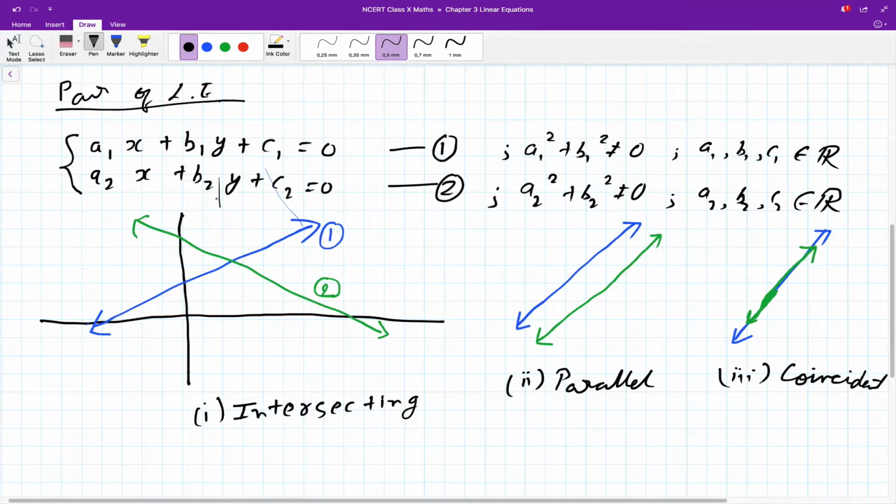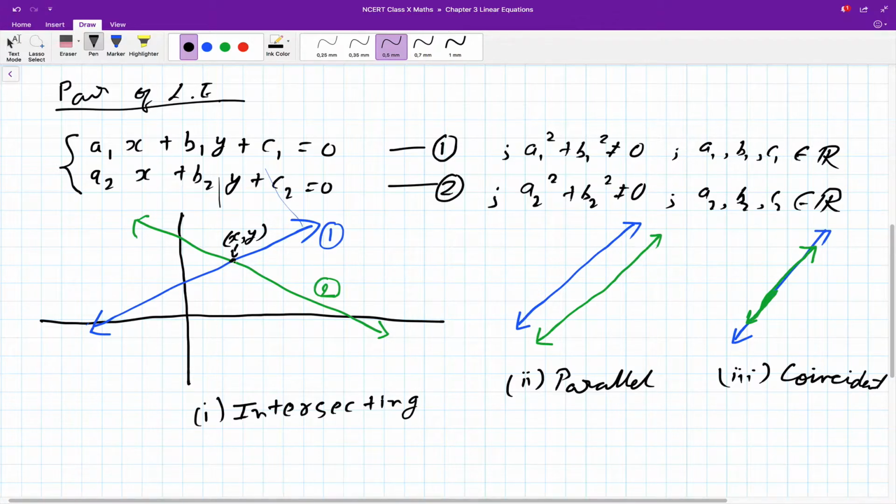Okay, so in case of pair of linear equations, you may have three cases basically. Whenever you have two straight lines lying in one single plane, there are only three possibilities. Either they may be intersecting, as in this case, or parallel, or coincident. These are the three cases that will arise. Now when we say a solution to a pair of linear equations, we mean a common point, a common value of x and y,